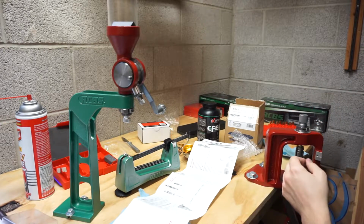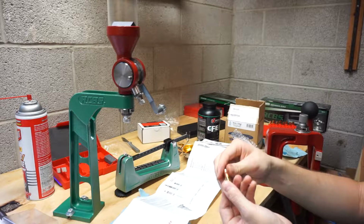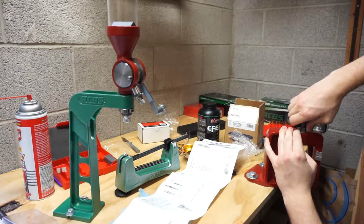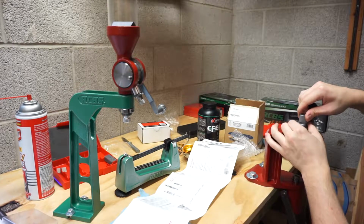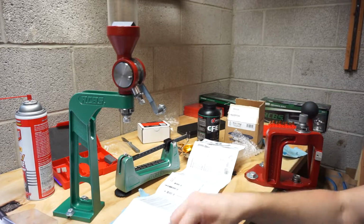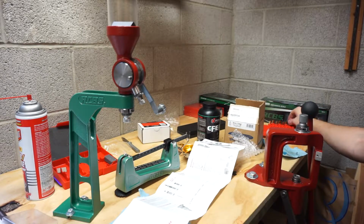Okay, the bushing's locked in place. And I think I backed it out just a little too far. Man. With this coming undone, this is kind of a crapshoot. But that right there is where I want it. Just barely enough to get it in that case mouth. I'm hoping...